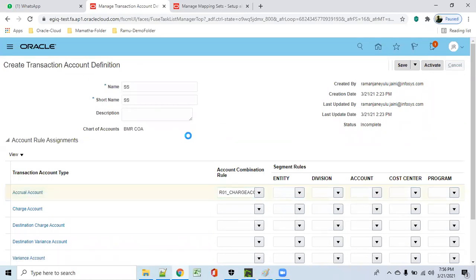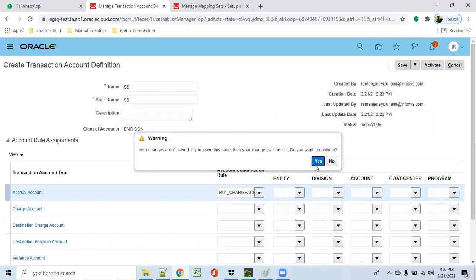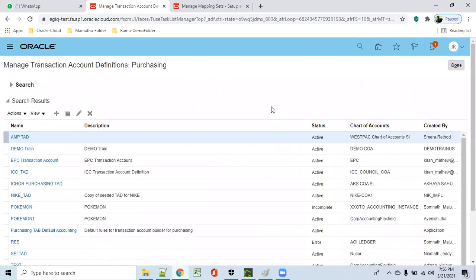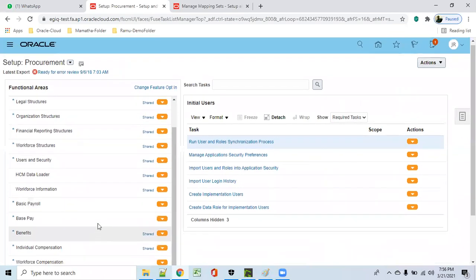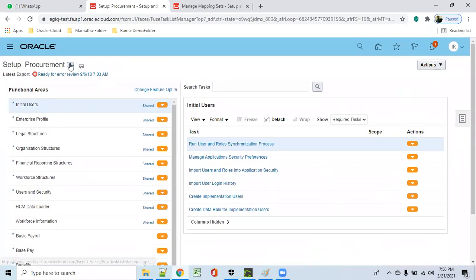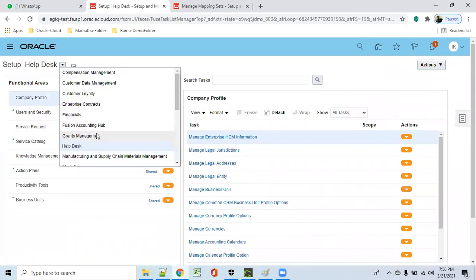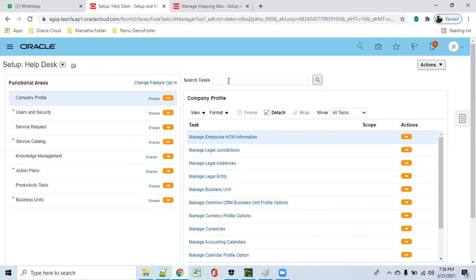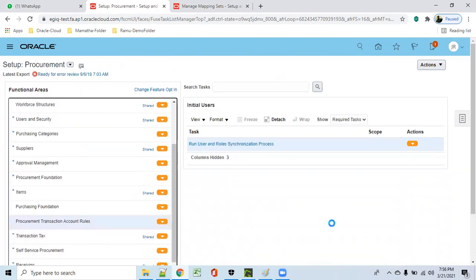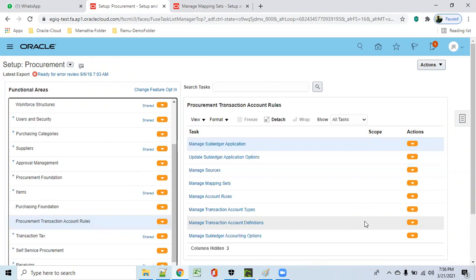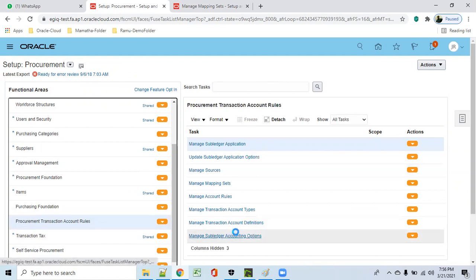Then later, final step is go to again procurement. Again, transaction account definition. Last one is subledger accounting options.